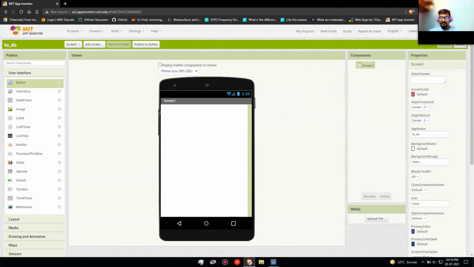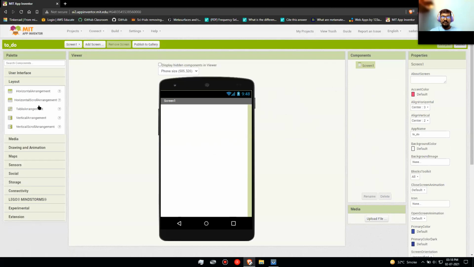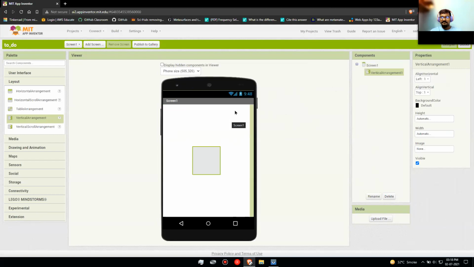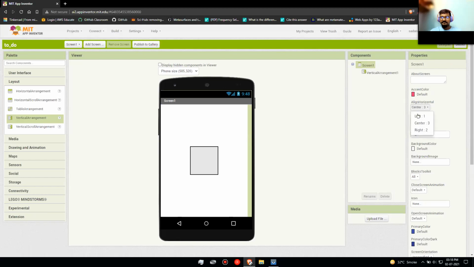So first you'll see a blank screen like this, okay? So first you have to go in layout and drag in vertical arrangement. The layout is to the right or to the left? Anywhere, just drag on the screen. Be sure to drag vertical arrangement, not scroll.